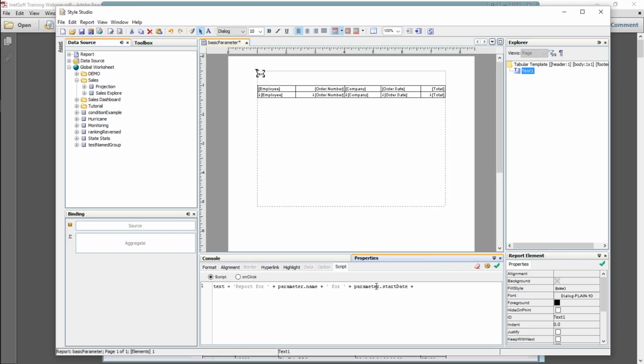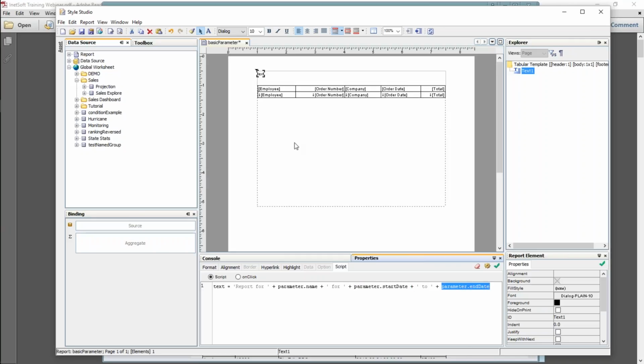I know I'm probably leaving out some spaces or something here, so I'll have to come back and correct this to parameter.endDate. Now let's see, I always leave out some plus symbols when I do these concatenations, but it looks like I've got them all. Now so basically this should read something like, right, so I've got three parameters here, parameter.name, parameter.startDate,